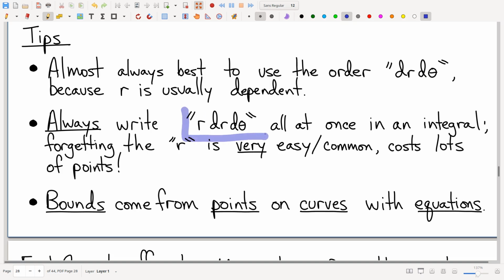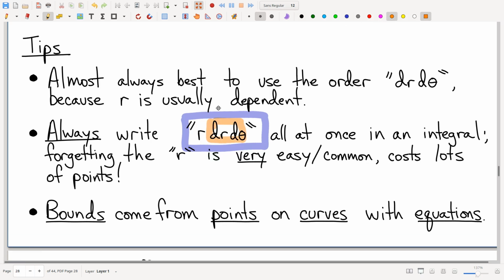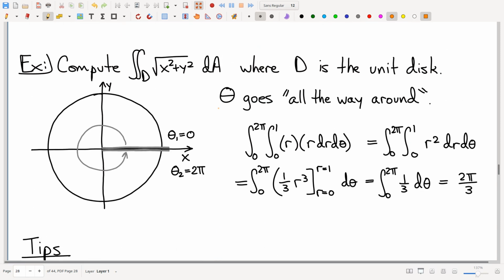Always write this expression down all at once. Please do. You don't have to technically, but I urge you, it's very much in your best interest to always write down r dr d theta all at once. The reason why is if you just write down dr d theta first, and then you start thinking about theta slices and what's the range, and where does r start, where does r end, and you're lost in the geometry of all of that,